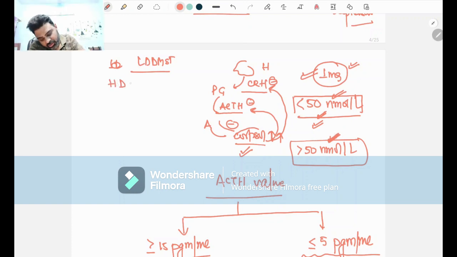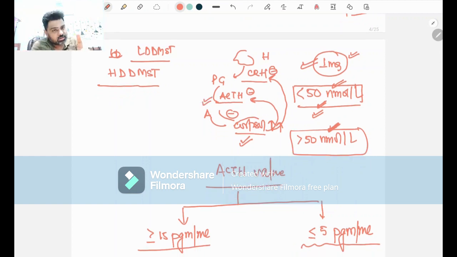Now what is the high dose dexamethasone suppression test? For this you have to understand that from the pituitary there is secretion of ACTH. Whenever there is CRH secretion from the hypothalamus, there is increased ACTH secretion from the pituitary, or ACTH can be secreted directly from the pituitary adenoma without CRH stimulation. There are 2 ways by which ACTH can be secreted from the pituitary, either by CRH stimulation or by the pituitary adenoma, which by itself can secrete ACTH. Please remember this, whenever the ACTH is being secreted by the pituitary adenoma,